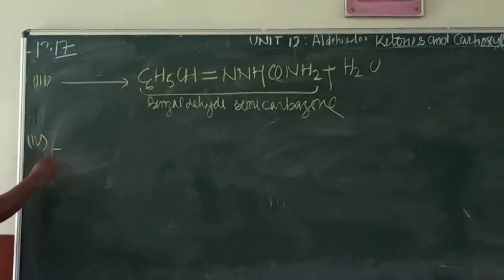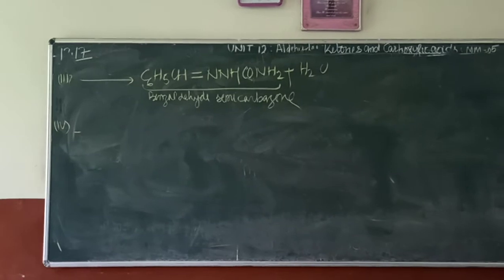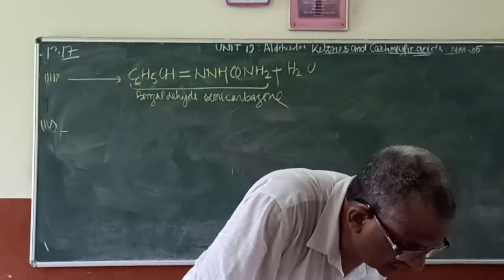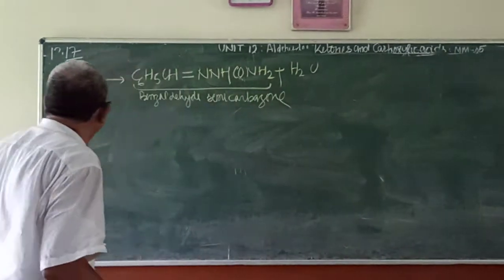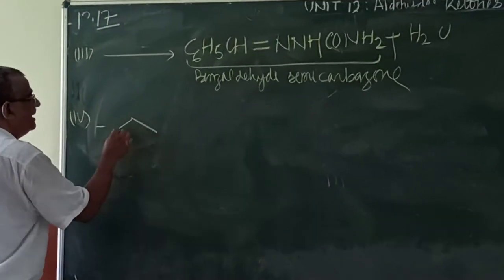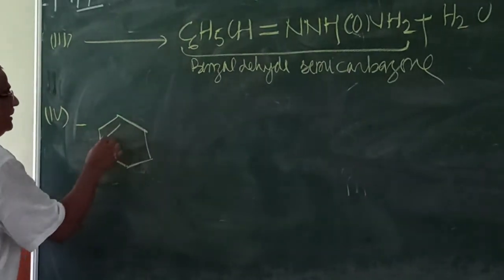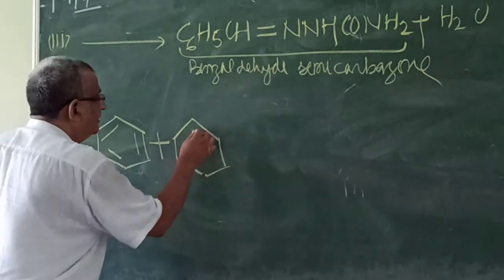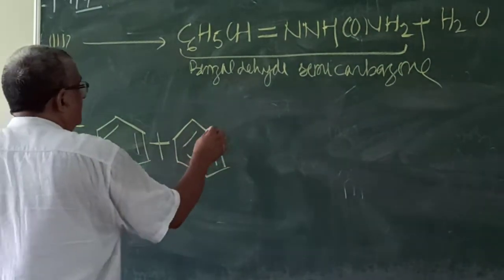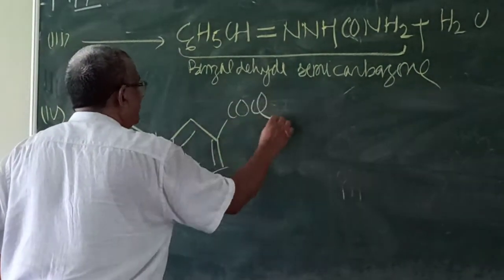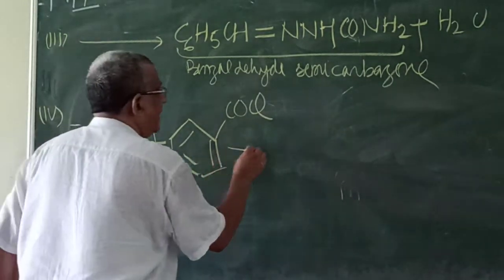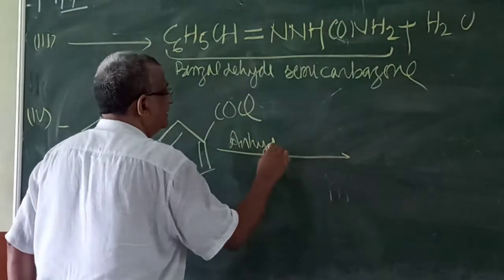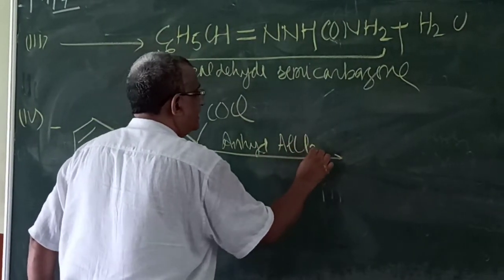What is the fourth one? Fourth one, you have to supply the reagents. So what do we do here? We will start from the very beginning. Now this will be a benzene ring plus one more benzene ring you add here. Put here COCl. Now arrow, anhydrous AlCl3,